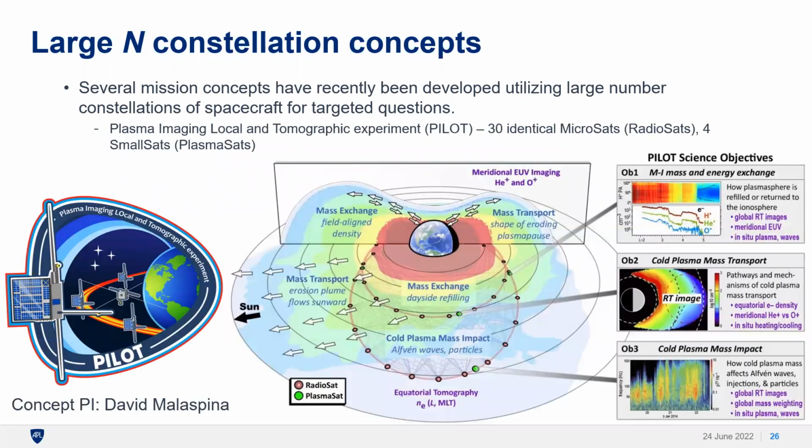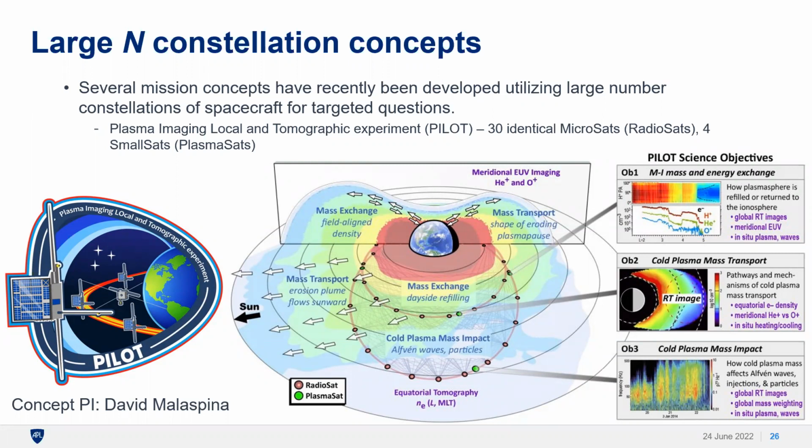There's also the PILOT concept. This is the Plasma Imaging Local Tomography experiment that David Malaspina has been working on. And this is actually a really neat concept. They use 30 identical microsats that are their radio sats and 4 small satellites that are their plasma sats. And so what they really want to go at is looking at the mass and energy flow